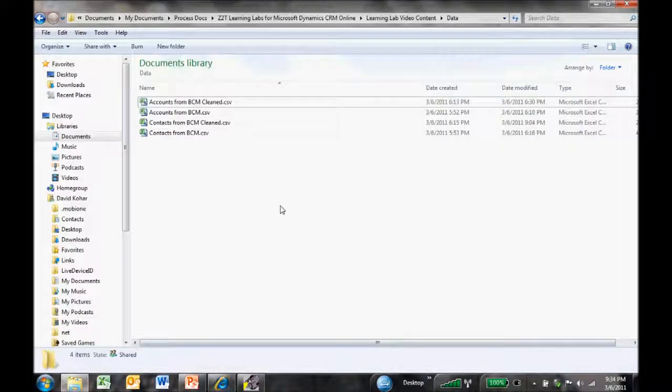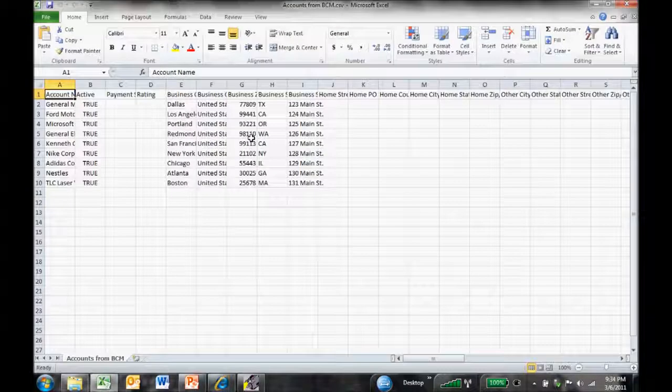I'm going to start off by going into a folder that I have. And you'll notice that I have 4 files in here. First of all, I have a file called accounts from bcm.csv. So I actually exported a bunch of data, in this case 9 records, but a bunch of information from